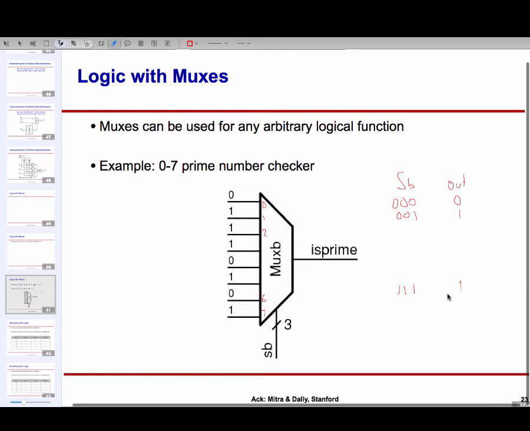So given a multiplexer with 2 to the power n sources, it will have an n-bit control, because this is a binary select, not one hot coded, and then I can implement any function of n inputs.